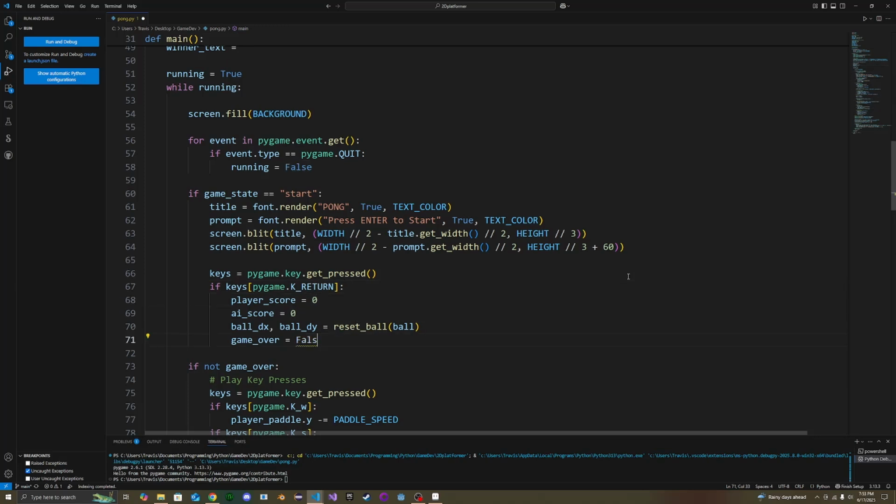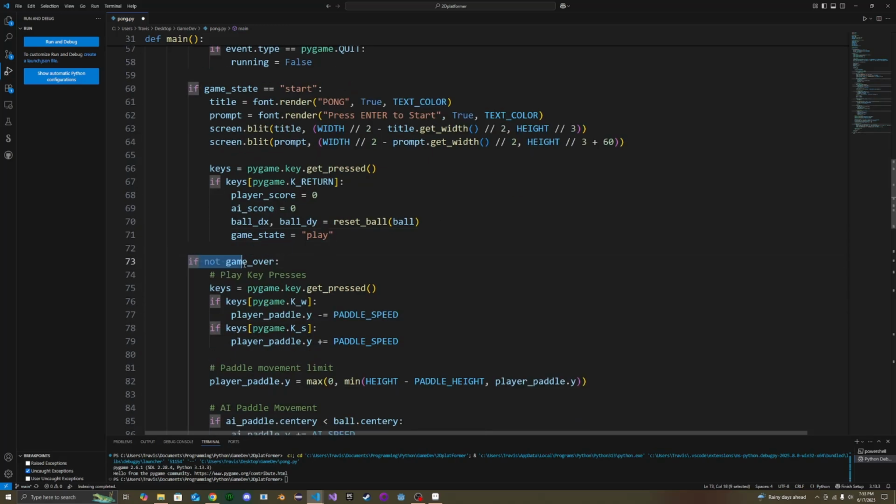And now we're getting rid of this game over. We're adding game state, and we want to change it to play. So now I'm going to highlight, well, actually not the whole thing. So instead of looking to see if game over is false or not, we're going to change it to elif, or else if, our game state